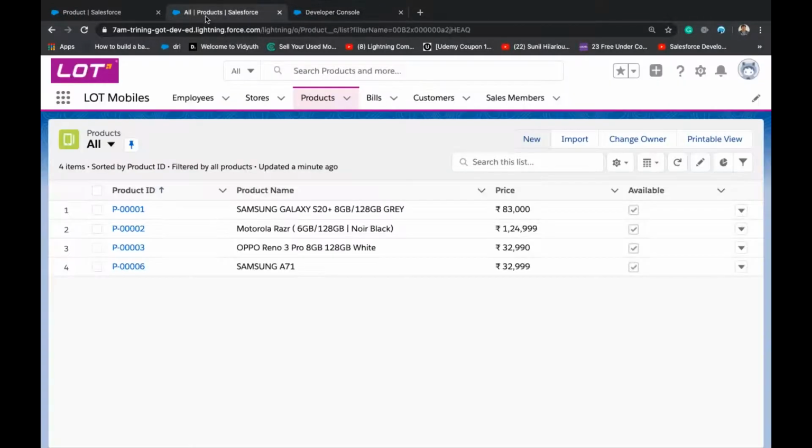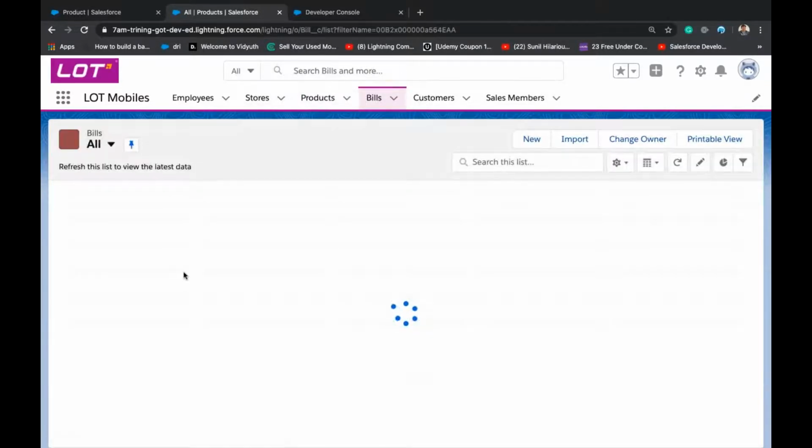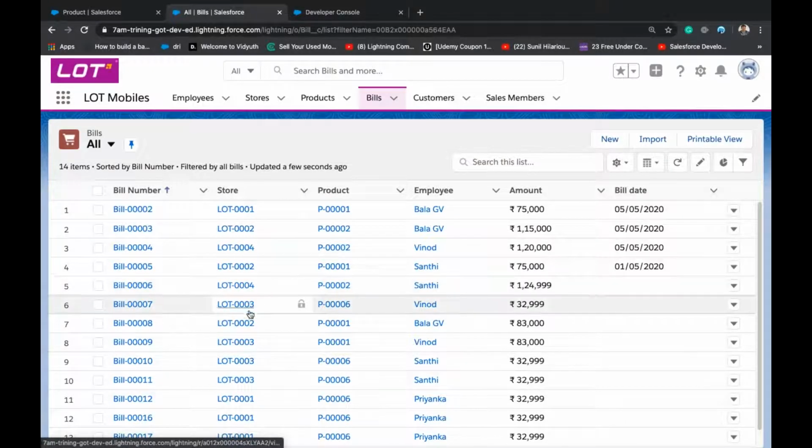And typically what people will do, they'll check the stock also. Whenever the stock is existing, this checkbox available will be enabled, or in some cases when there are existing bills, then typically if product 1, product 4, product 3 is referred.